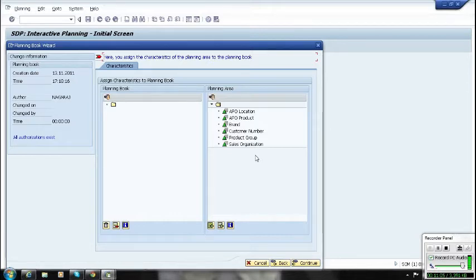And when we created a planning area, we gave a reference as a MPAS. So that is the reason it is again calling all the characteristics from the planning MPAS. So that is the link basically. So here we have the characteristics, we have the key figures in the planning book. Nothing but to access master data and transactional data. Clear?